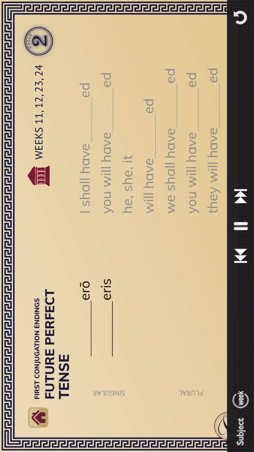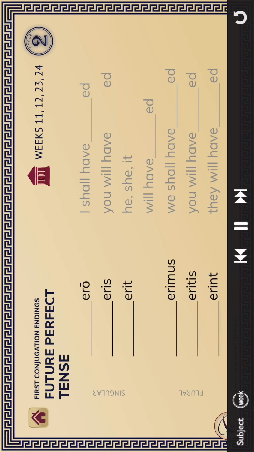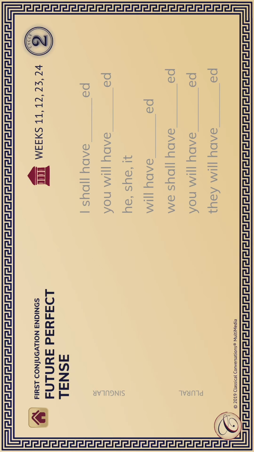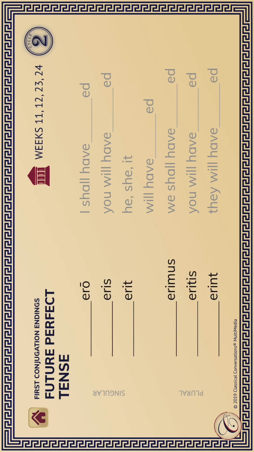Ero, eris, erit, erimus, eritis, erunt. First conjugation, future perfect tense. 24. Ero, eris, erit, erimus, eritis, erunt. First